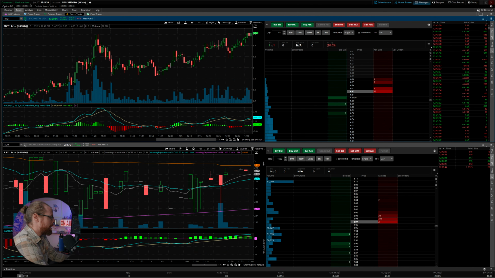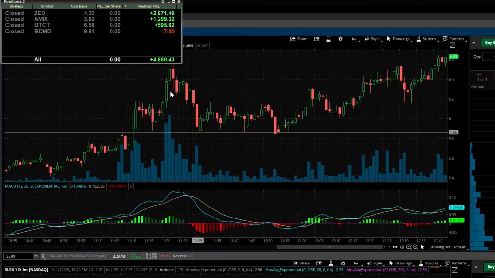Certainly, if you're trading something like Nvidia or Tesla, 1 share, well, on a stock that's over $100 a share, it's still going to be a substantial amount of money. So this is going to be a strategy that I use, or a technique that I would use to trade small cap stocks specifically. Now, when we looked at the P&L, you may have seen for me today, all of